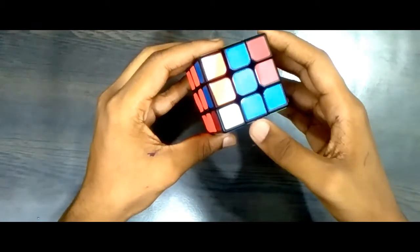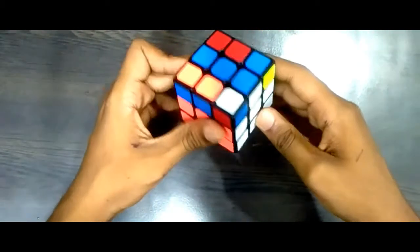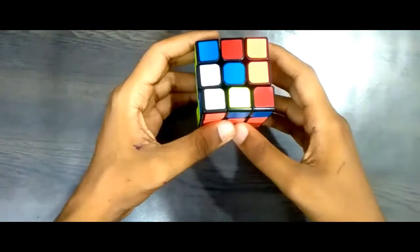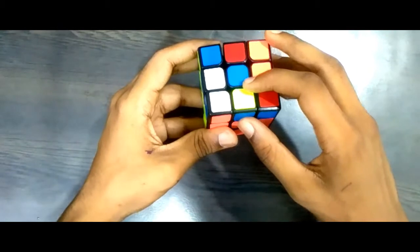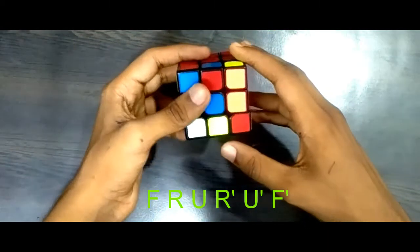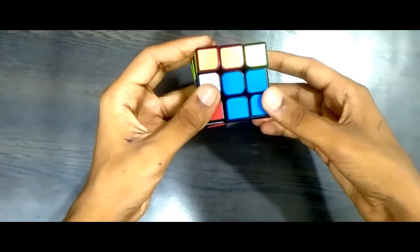So making a cross, you can get a few cases, and you have to learn the algorithms. There are only 4 and some variations, so I'll show you each and every case. First case, you can get a dot, and you can see the algorithm. The algorithm is this: F, R, U, R prime and F prime. Okay,